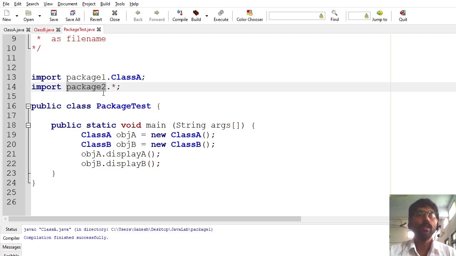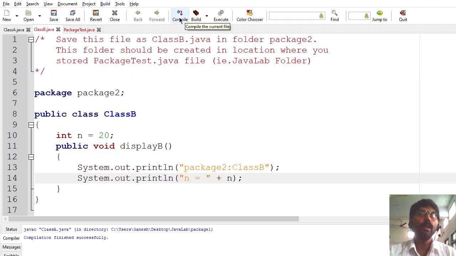If your class which is stored in the package contains some error, it is very difficult to identify which class generates the error. For a new programmer, it is a little bit difficult to identify which class contains the error. So it is better to independently compile each and every class file.